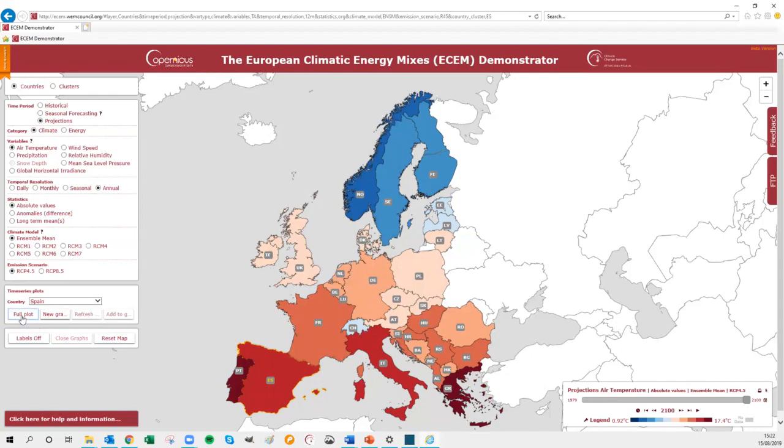There is a new button underneath time series plots for graphs. This is called full plot. I'll click on that in just one moment. But first,